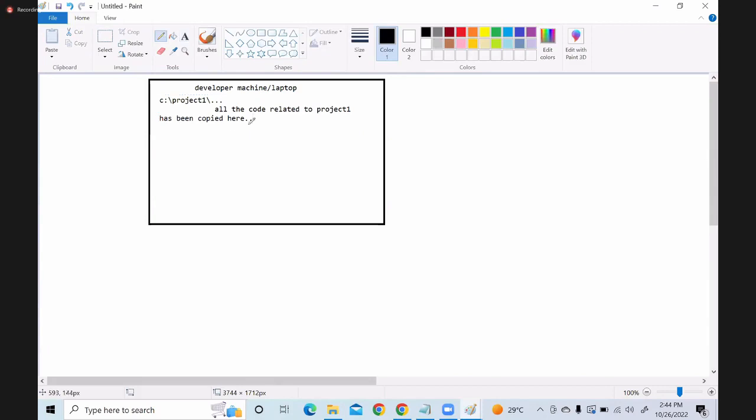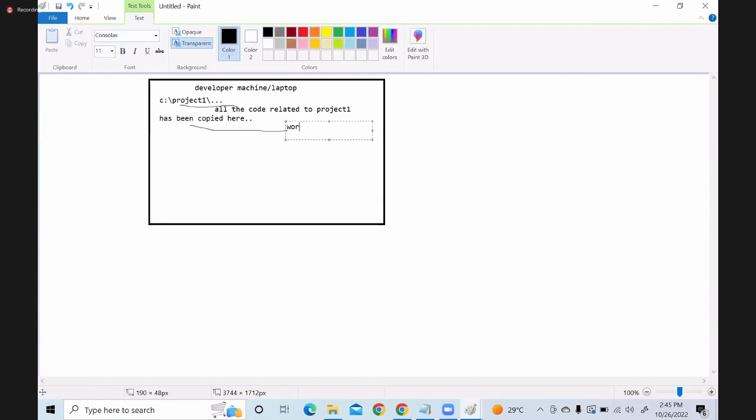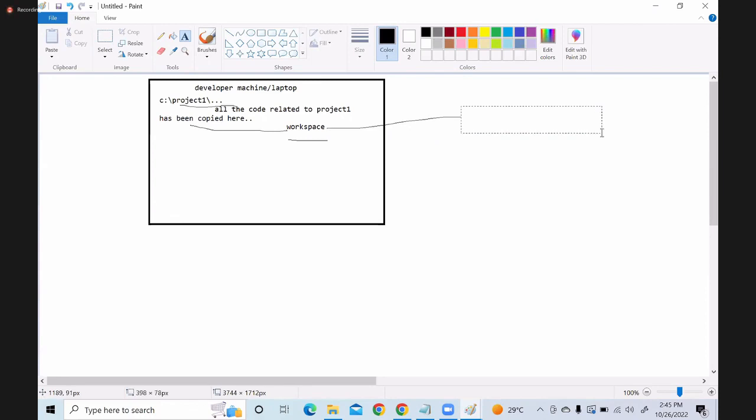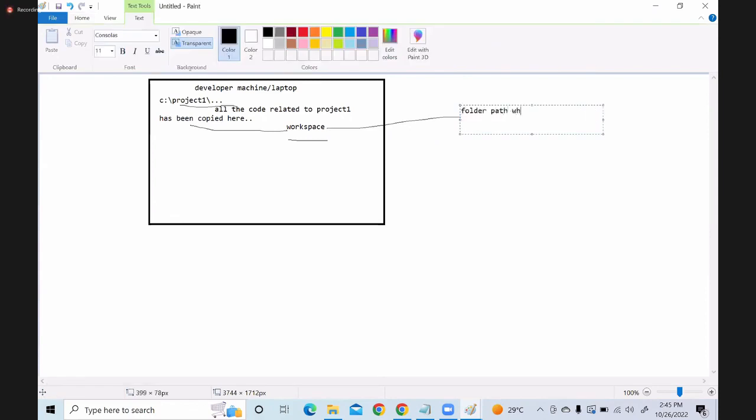This path is also called the workspace. So what is a workspace? A workspace is a folder path where the developer puts all the code and works with the code.